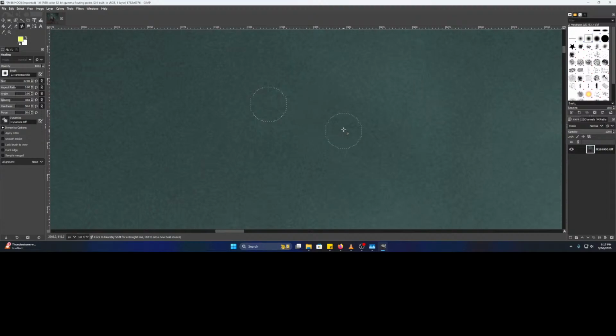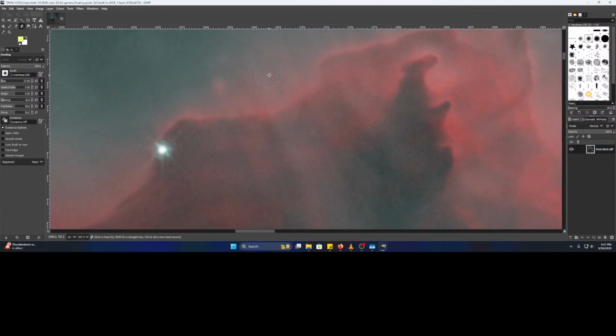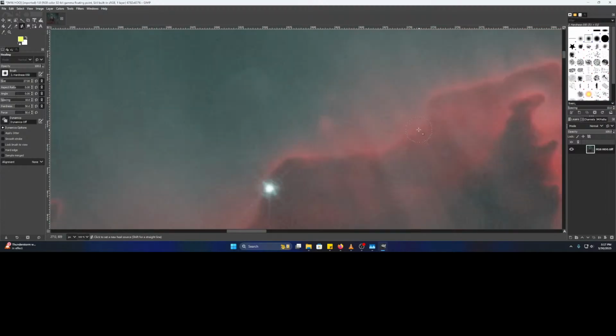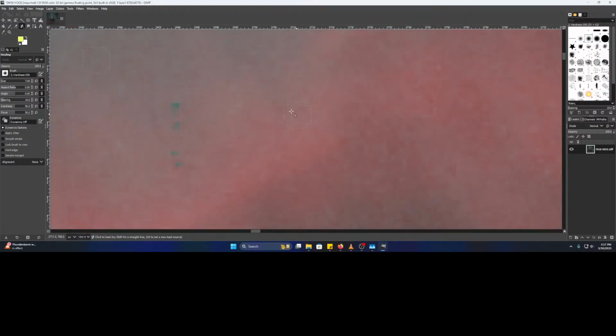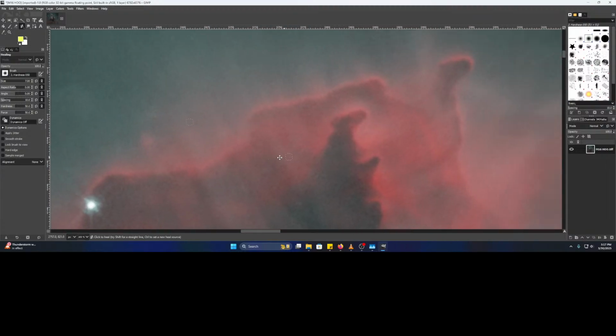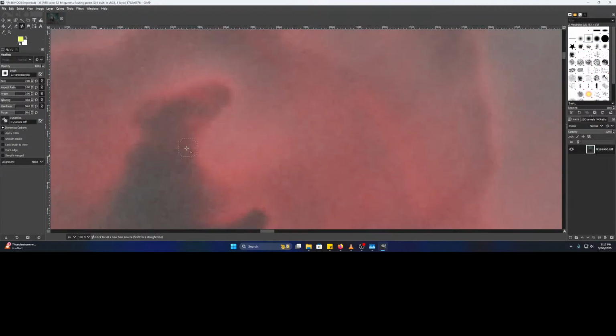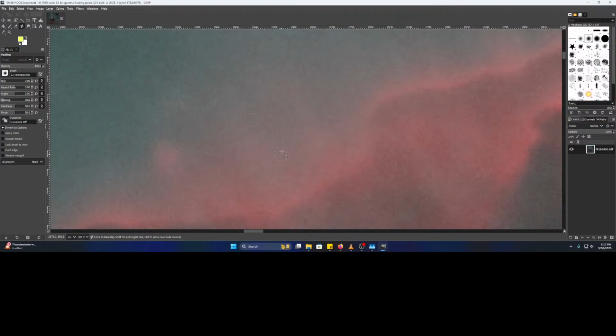Fortunately, I've not seen any hot pixels. So if I saw a hot pixel, there are some right there. Ooh, let's make that even smaller. Okay, that's pretty good. Sometimes if I see things like hot pixels in areas that small, I won't even bother